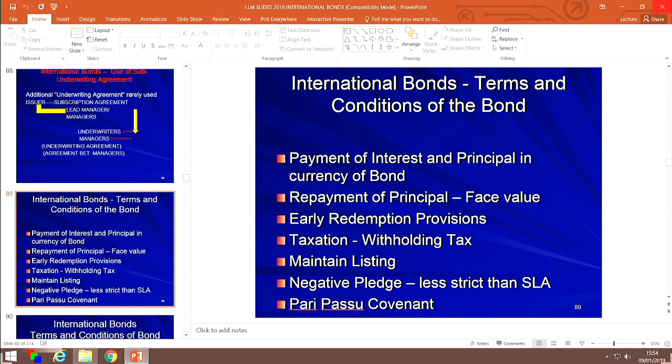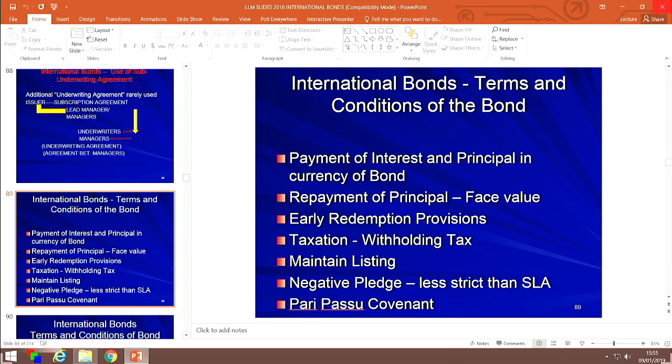Next, there is the repayment clause, which deals with the requirement to repay on scheduled dates or in accordance with a schedule or other mechanism. But remember, the repayment occurs at face value of the bond. The issue of the bond, if you remember, will be at issue price, which is not the same as face value or repayment or redemption value. Okay? But it will have a repayment clause, which would also in practice include early redemption provisions, i.e. circumstances in which the bonds can be redeemed prior to final maturity date.